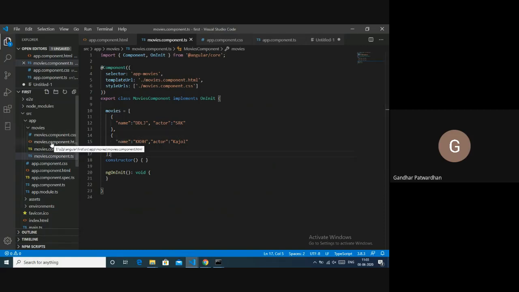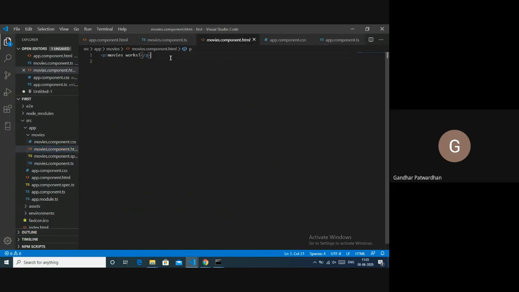And in movies.component.html, I'll remove this "movies works" thing, and I'll use an ngFor. I'll say *ngFor equals let m of movies.